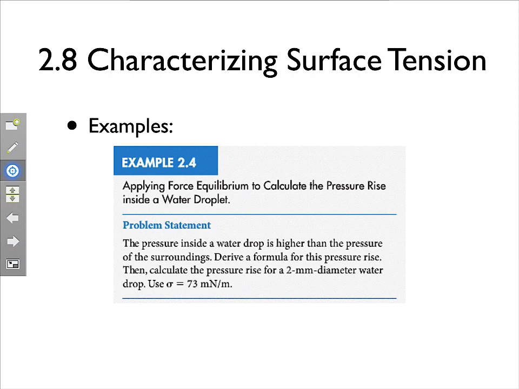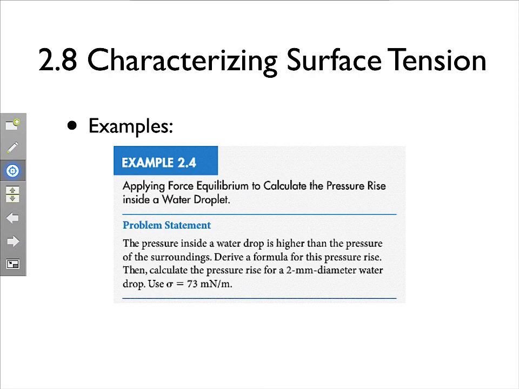So there's many things we can do with this. One of them says: applying force equilibrium to calculate the pressure rise inside a droplet. The pressure inside a water droplet is higher than the pressure of the surroundings. Determine a formula for this pressure rise, and then calculate the pressure rise for a 2 millimeter diameter water droplet using this